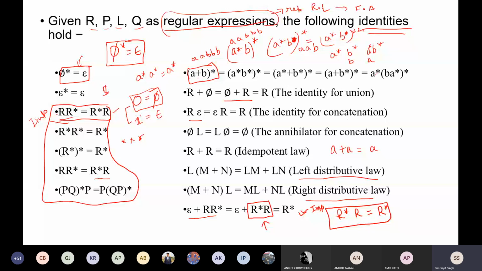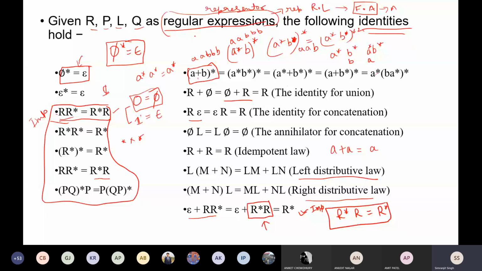Okay, so if you keep that in mind, that finite automata is the acceptor, regular language is a language, and regular expression is a representer. Okay, so keep that in mind. So what is a regular expression exactly doing? It is representing a regular language. So that is why a regular expression is called the representer.